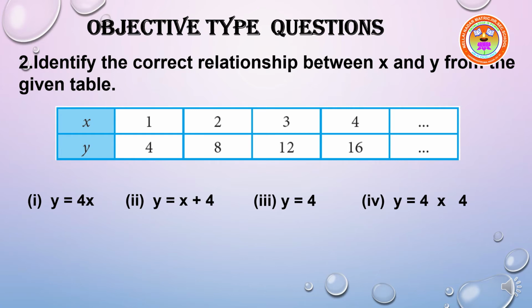Now let me take the x value as 2. I am going to check whether this is the correct option or not. So let me take x value 2 and substitute in the same option, y is equal to 4x. Here in the place of x, we are going to put 2. So 4 into 2. What are 4 2s? 8. So again it is giving the correct y value. Suppose the x value we are taking as 3. So 4 into 3, it is 12. So we can say that the first option is the correct answer. Therefore, the answer is option 1, y is equal to 4x.